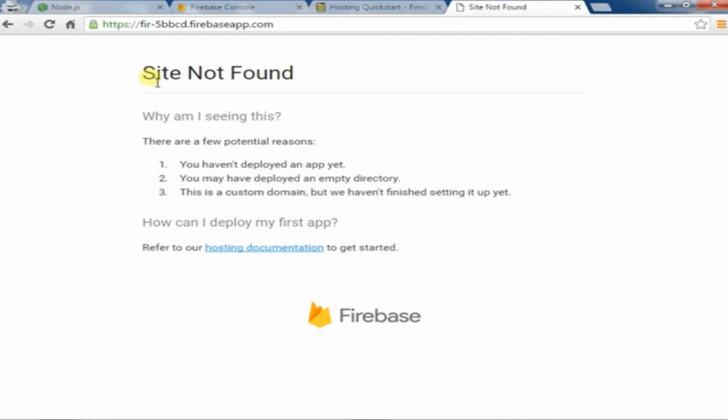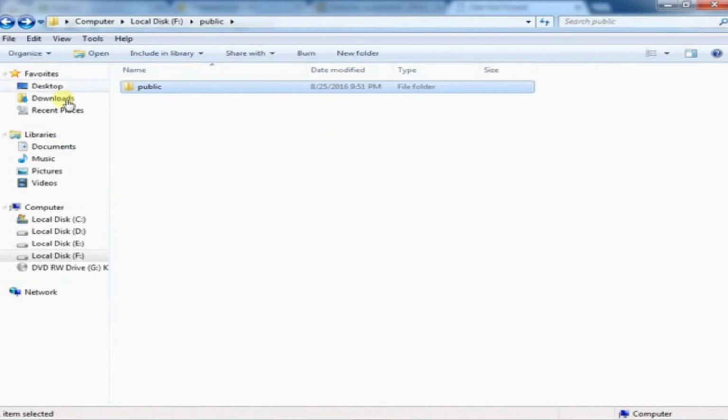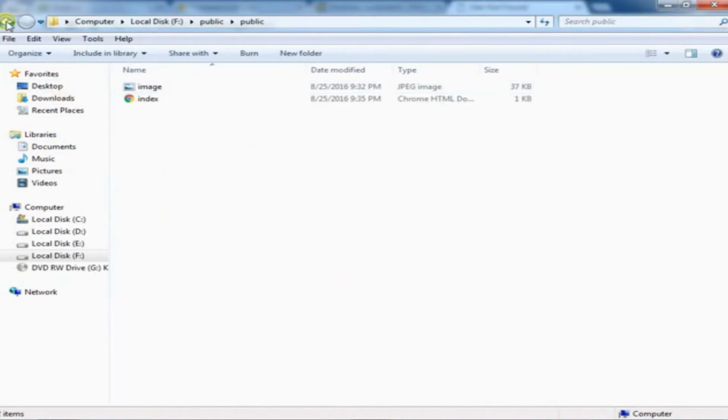Now we will go to the hosting side. For hosting, you first have to go to the directory where you have made your website. Just create a folder named public, or any name, and drop your files in it. Keep in mind that the front page should be named index.html, as only the index.html file will be read.